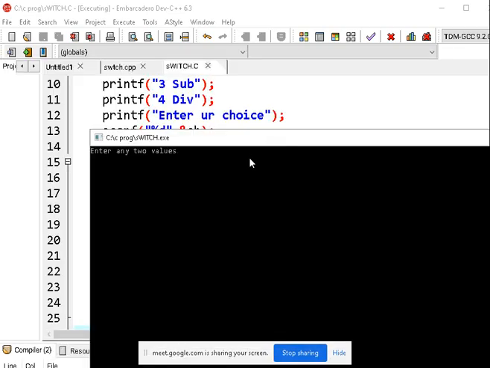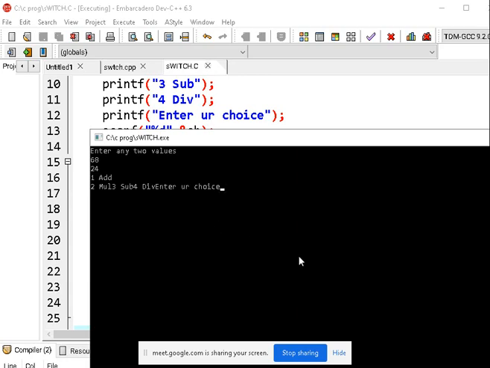So tell me any two values. Some bigger numbers, 2 to 3 digits. 68, 87, sorry, 24. Okay, now it will ask you: 1 addition, 2 multiplication, 3 subtraction, 4 division, enter your choice.